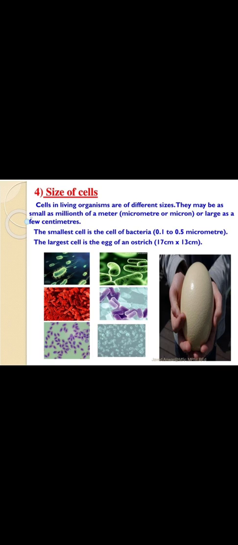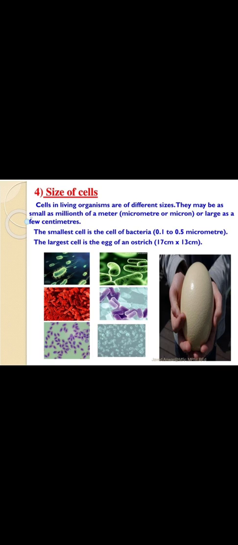The cells in living organisms are of different sizes. They may be as small as a millionth of a meter, which means one micrometer or micron, or as large as a few centimeters. The smallest cell is the bacterial cell, and the size of that particular cell is